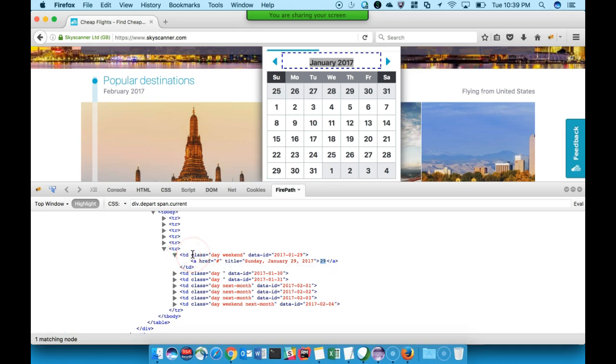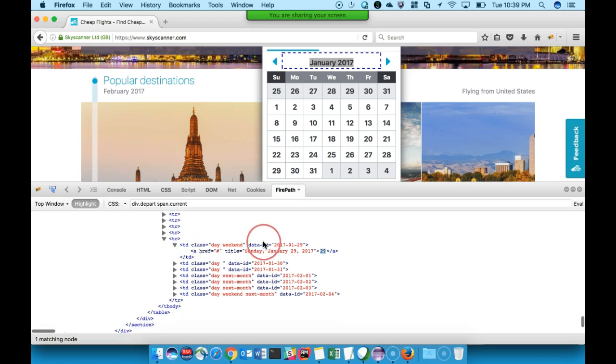I'm going to take the collection of all those. From that collection, by applying for loop, I'm going to check the date ID of every date, and if it matches to the date ID of my date which I want to select, like in this case this one, right, 2017 0130, if it matches that date, I'm going to just click on that.